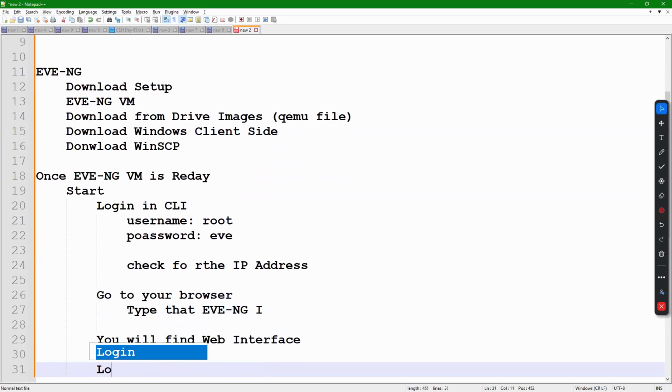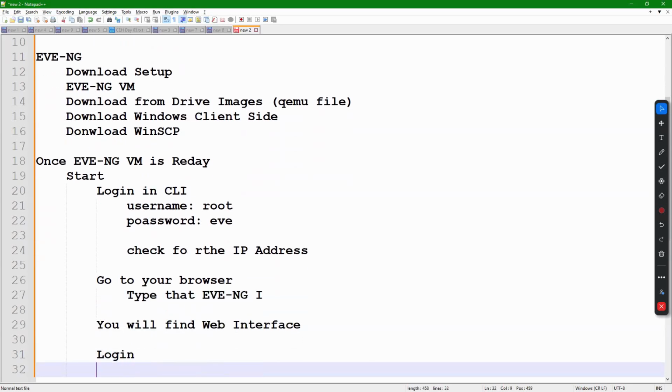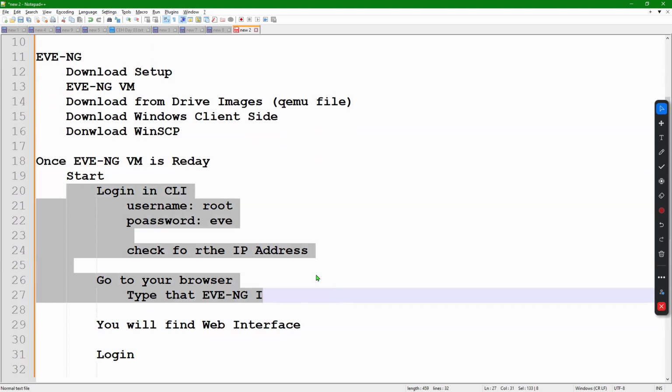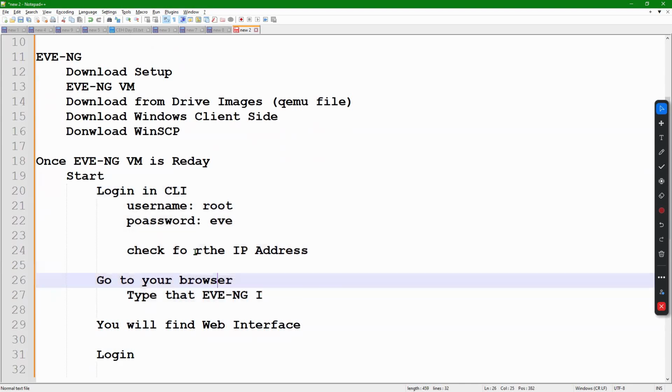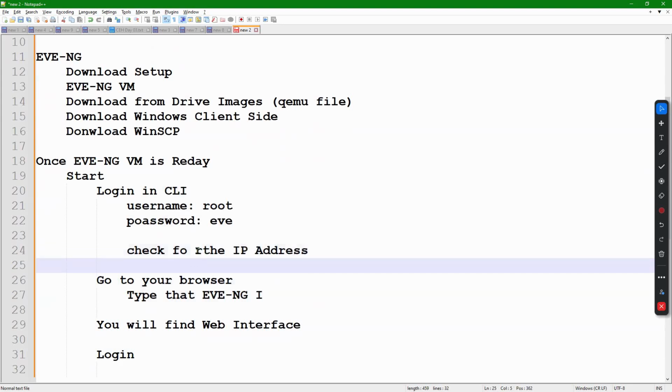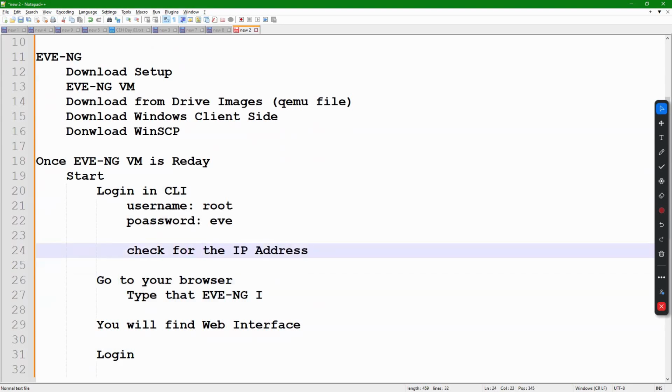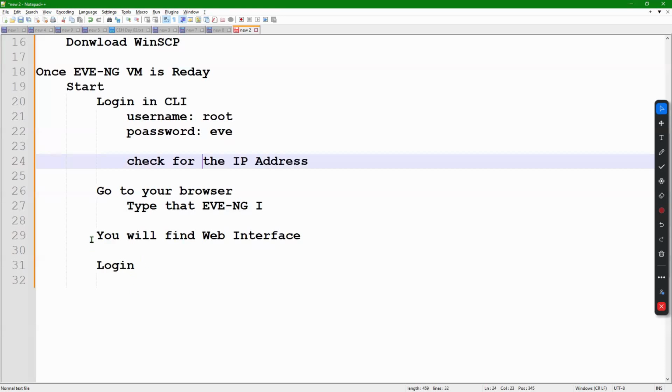So here you can log in separately. But in both cases, you can see your machine, you just need to start it. Later, you don't need to do anything with the CLI. This is a ready-made Linux-based machine with running web services. So once you know the IP address, you will easily be able to access it via website. Okay, so you'll find the web interface. Then what? Here you can log in.